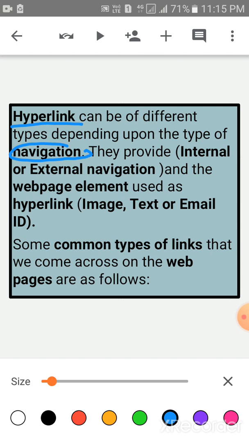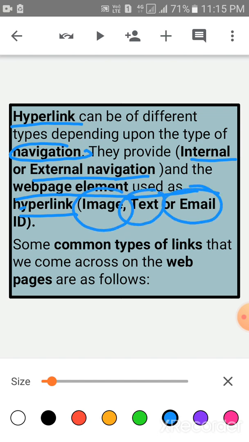They provide internal and external navigation, and the web page element used as the hyperlink can be an image, text or email ID. Okay. Some common types of links that we come across on web pages are as follows.